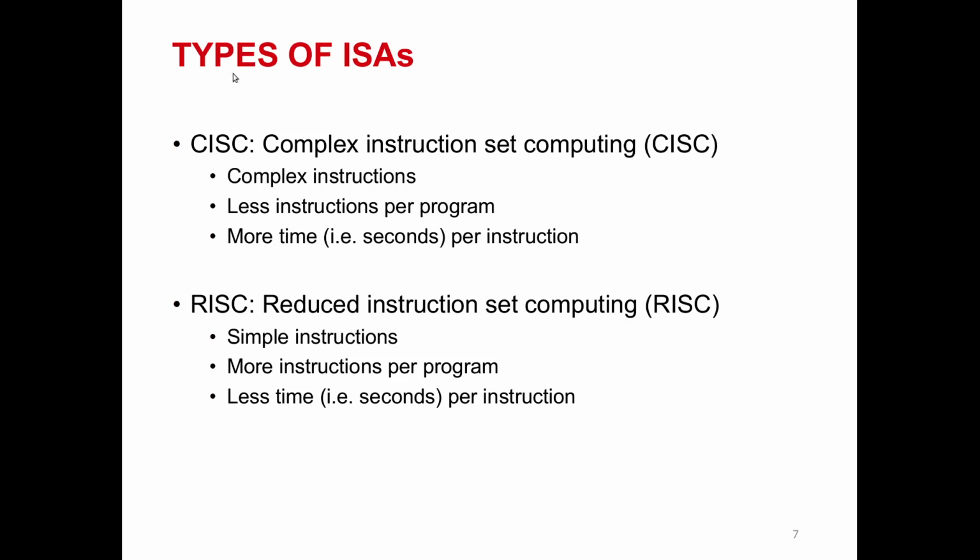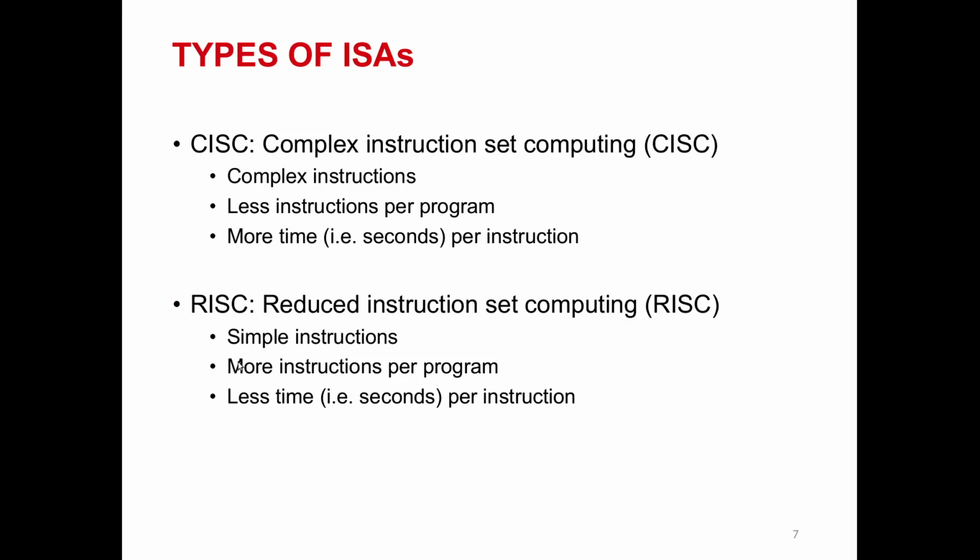And so your CPU needs an instruction set architecture, ISA, and we have two types of instruction set architecture: CISC, or complex instruction set computing, and RISC, reduced instruction set computing. As you can see from the name, CISC will include complex instructions. As an instruction can do many operations inside, you need fewer instructions for your program. However, one instruction would take more time to be executed.